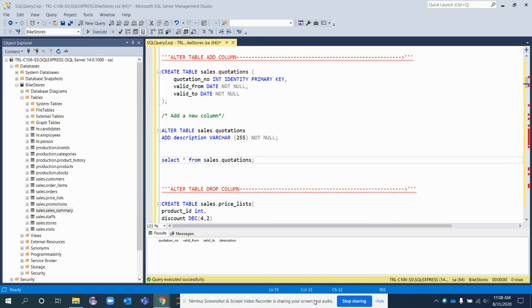Hi everyone. In this video, we are going to learn how to use the SQL Server ALTER TABLE statement for adding a column and dropping a column. First we will see how to use the SQL Server ALTER TABLE ADD statement to add one or more columns into the table. I'm going to use this query over here for creating the sales.quotations table